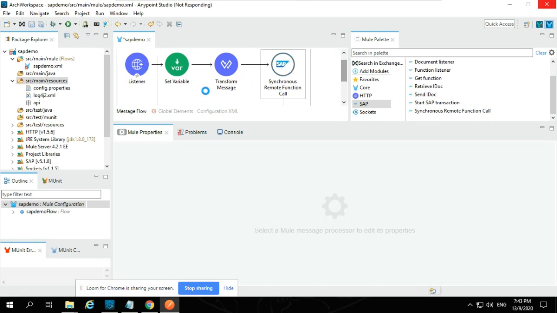So very simple. We have configured everything within 5 minutes. We are receiving a request and passing it to the RFC function, and SAP is executing the program and returning the result in real time. Also, once we connect to SAP and the test connection is successful, it lists all the RFC methods available in SAP itself, because that metadata is downloaded at our end. So we are able to see what methods are there. There I have selected the specific method.